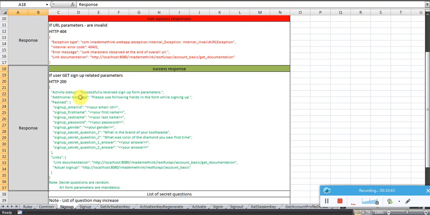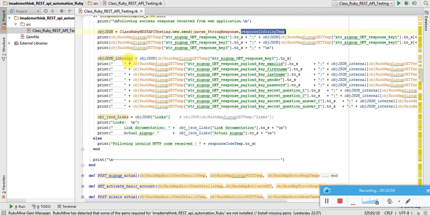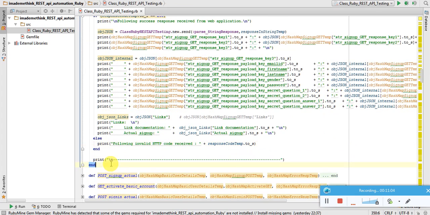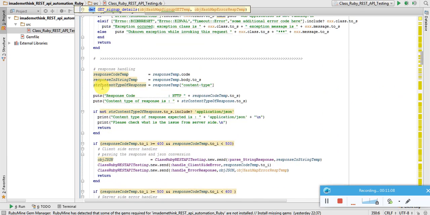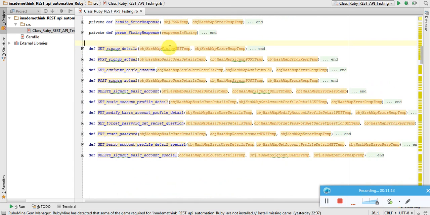So this is all I have put in one JSON, and then I'm comparing with the reference, and I'm extracting the object from the response in string, the response body basically, and I'm putting everything in detail. Otherwise, if any other status code comes, I will just say that an invalid status code is received, and I will quit the test. So this is about a basic GET request using the net HTTP gem in Ruby.